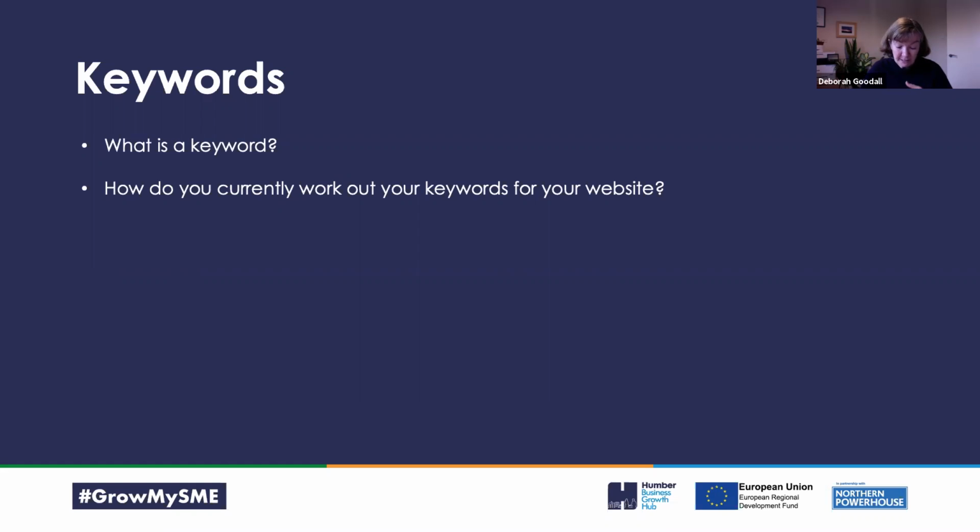Very right to use industry knowledge as well, because obviously you want to set yourself up as an expert. Part of that is by using the right language, but you need to balance it with what those search terms might be that your customer's using. Also, yeah, use other sources such as relevant media and codes of practice. So use things that your customers might also be looking at, so that everything presents you as being an expert and someone who knows what they're doing. So in terms of Google Keyword Planner, it can help you search for keyword ideas and help you plan your online strategy a bit more.